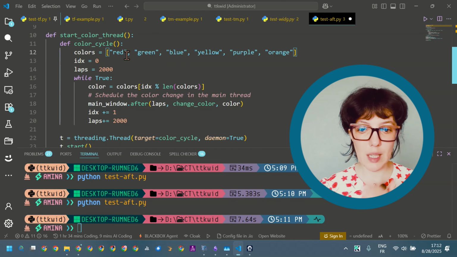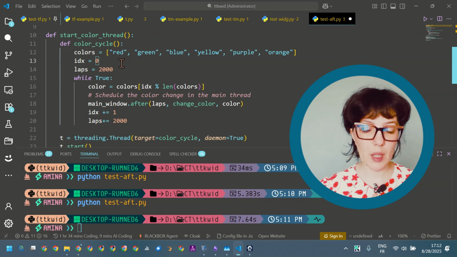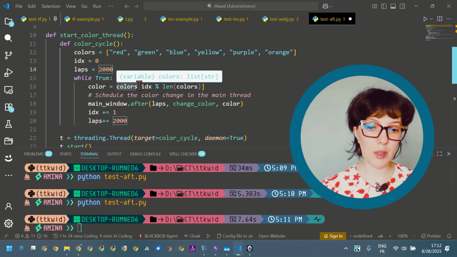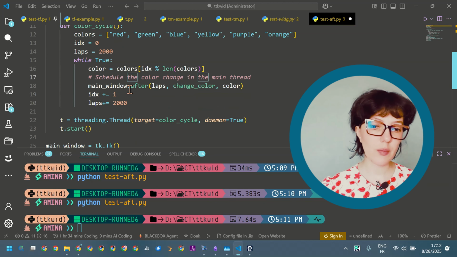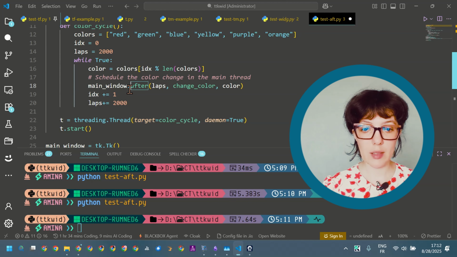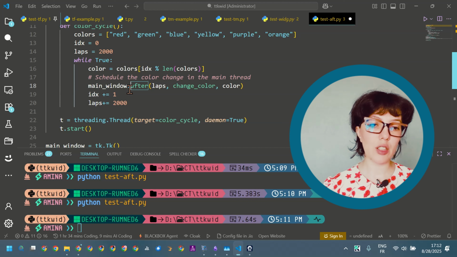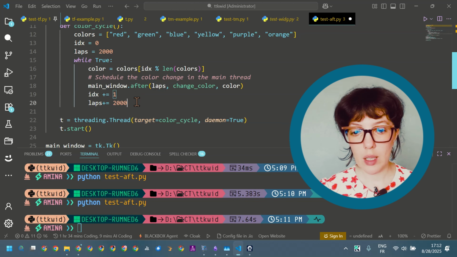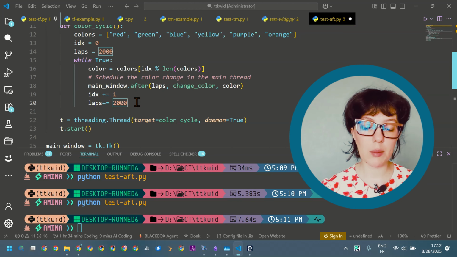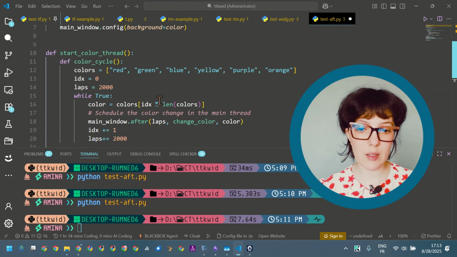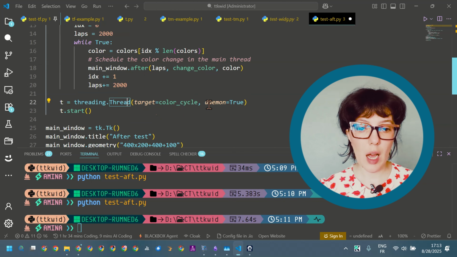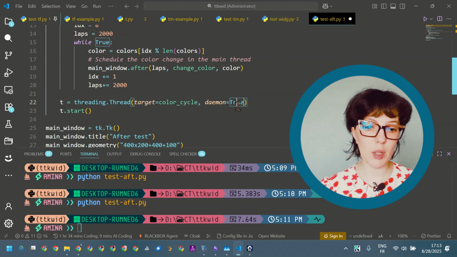I have this list of colors, the index starting at 0, lapse of time, and each time you get the index of a color, I call after that amount of lapse, then change the color like here, and then here I'm incrementing the lapse, then call thread with the target as the color cycle function and the daemon as true,